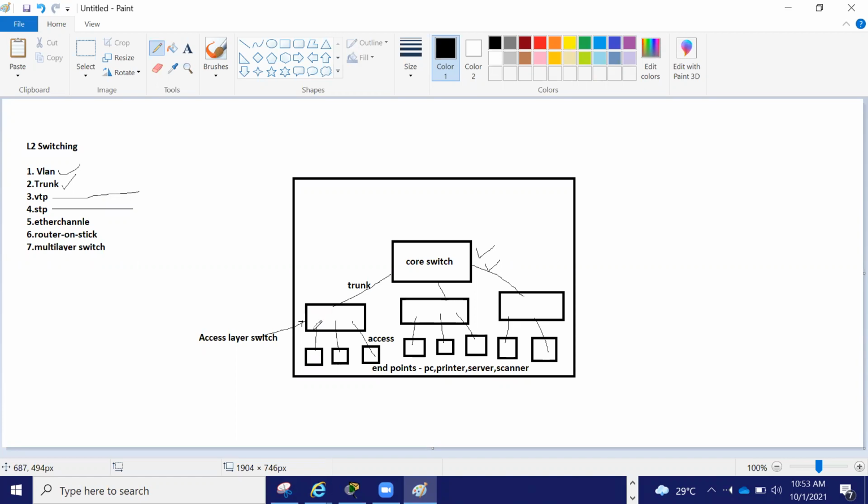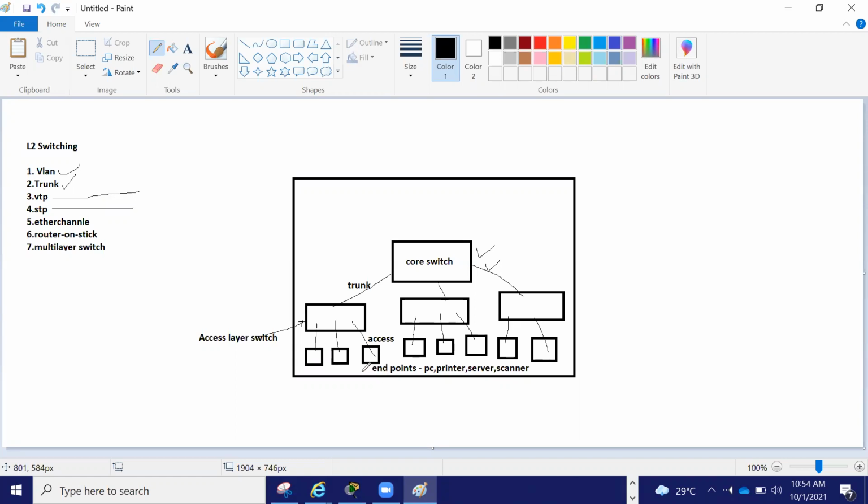If you want more, you can take stack switches. Stack switches means you can club 48-port switches by connecting a stacking cable. So 48 plus 48 plus 48 plus 48, like this you can club them via cable. Physically there will be four switches, but logically it will be one. That is called access switches.